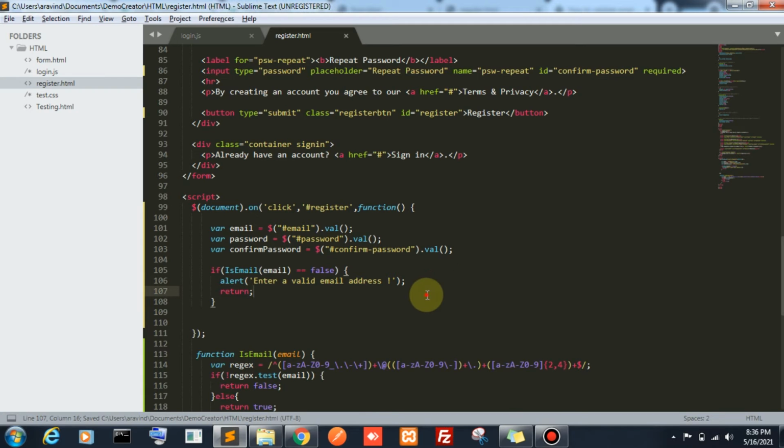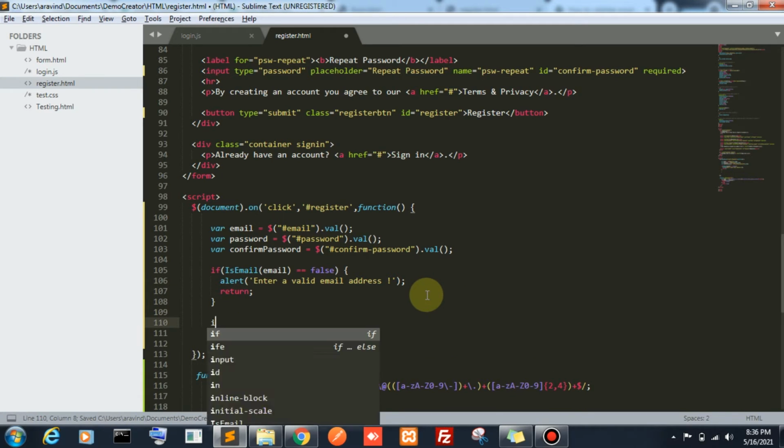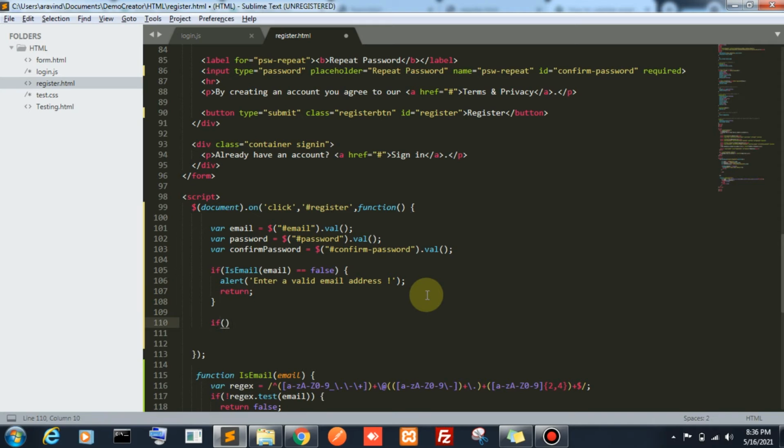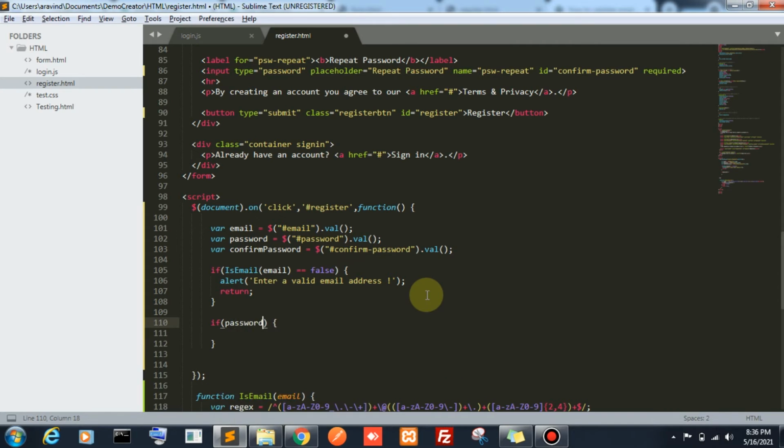What will this return do? For example, in the next line I will give password.length should be less than 5.